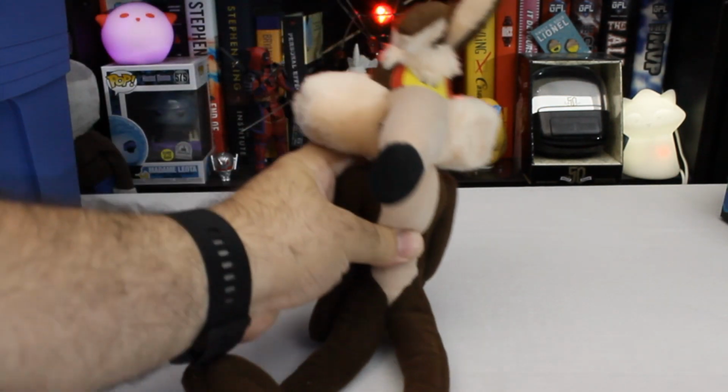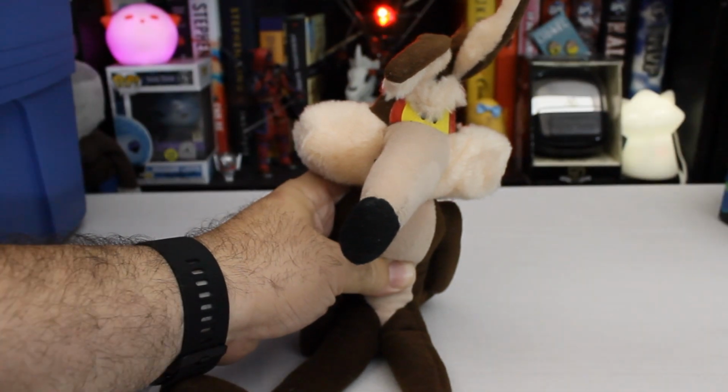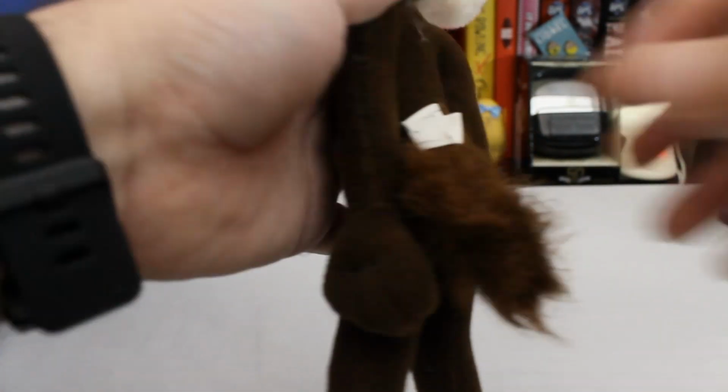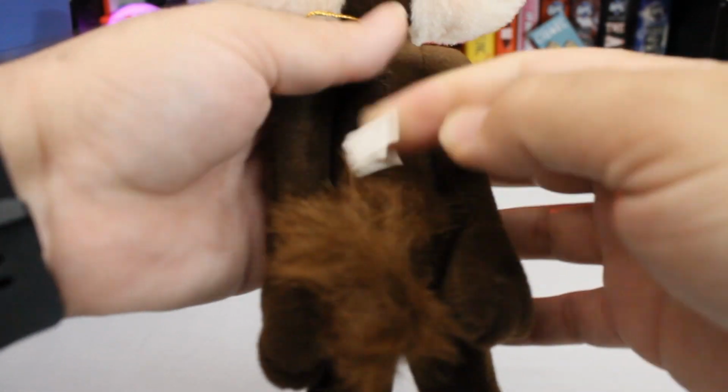Alright, well I'm seeing some plush to start with. We've got, looks like a Carnival Prize Wile E. Coyote. Feels like Carnival Prize quality too. Who made him? Ace Novelty Company, 1995. So he's a 25-year-old Carnival Prize. Yeah, he's definitely a Carnival Prize. We've got